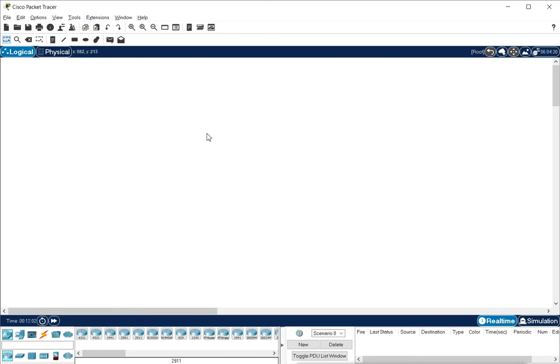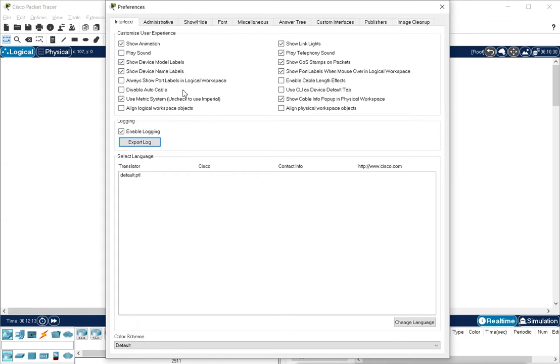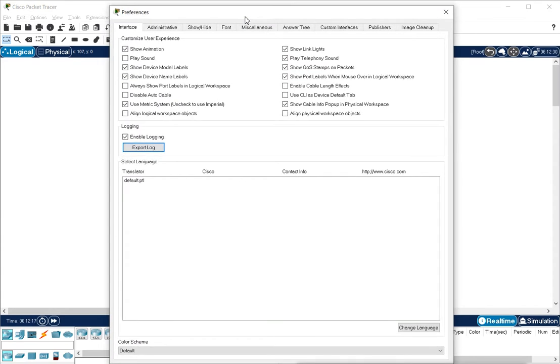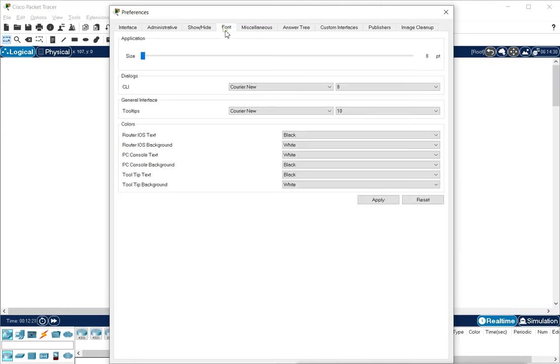If you want to increase this, you can go to the options and then to Preferences. Under Preferences you will see the basic settings of your Packet Tracer, and there you go to Fonts first. In the font you have different options.